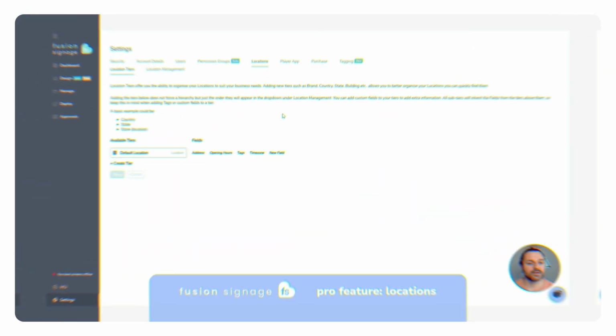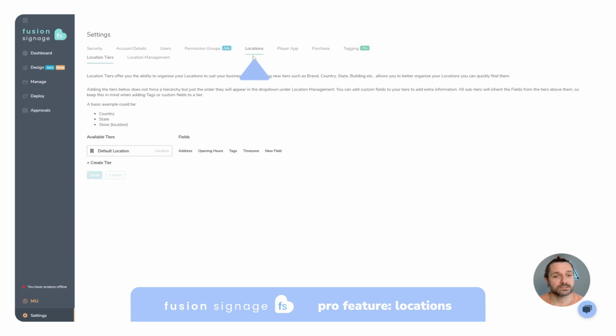Another feature available under our Pro license is our location system. This again isn't toggled on by default, as it does fundamentally change the way the platform works. The location system is used for larger organizations who have multiple stores or buildings or branches and perhaps want to